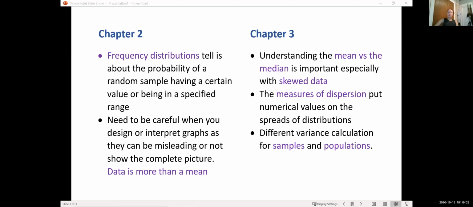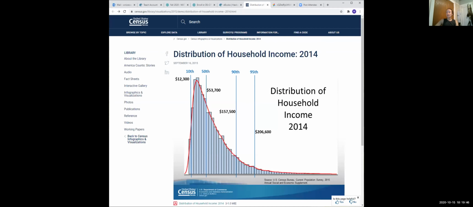So I have a couple pictures I want to show you guys to kind of illustrate what I am talking about. When I am talking about how the mean is sometimes misleading, or data is sometimes misleading, one place that often occurs is when we have what we call skewed data. Okay, so see how this data here, this is the